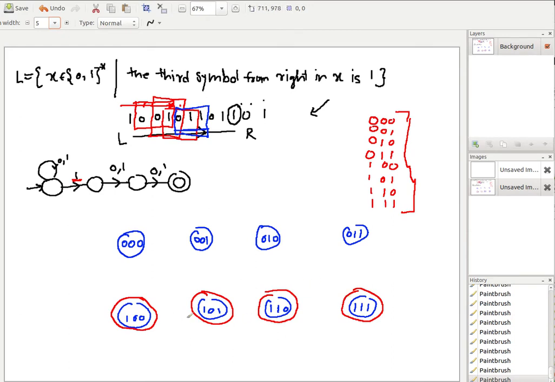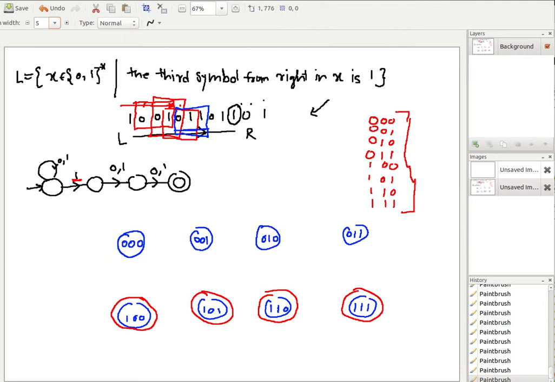So basically, see why we declared these states as the final state, because they denote that in the window the first symbol is 1 for each one of them, and that means if you stop at this state exhausting all the symbols in the input, the third symbol from the right was 1, right? So therefore that fulfills the criteria what we require, therefore we made these as the final states. Now which one will be the start state and what will be the transitions, that is the remaining part.